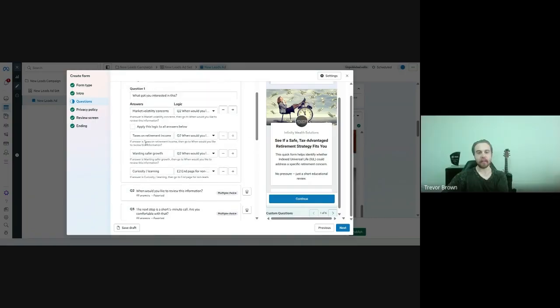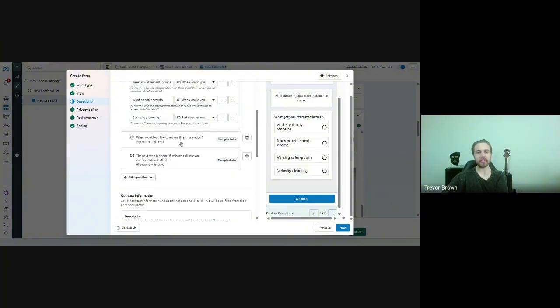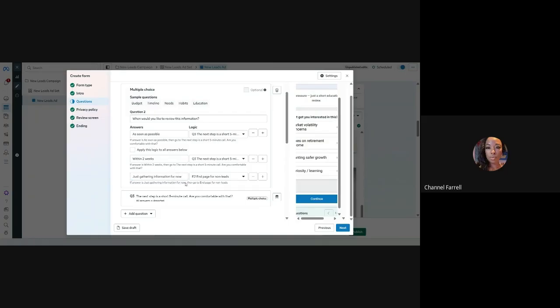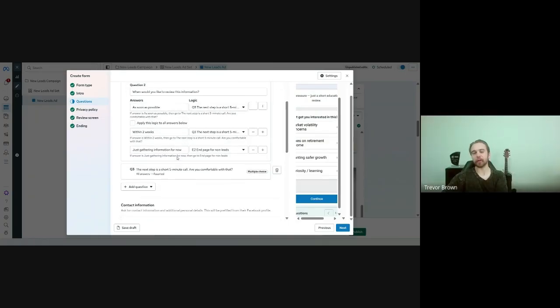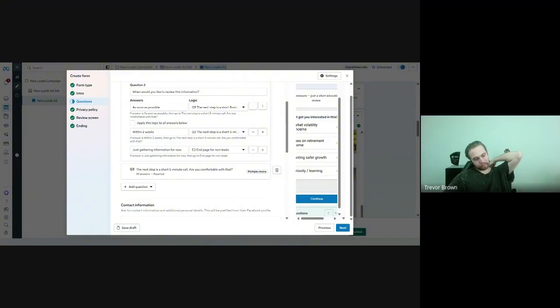And the other thing too, you have conditional logic on just a lot of stuff that doesn't make sense. And then, like, where would you like to review this information? Why the hell are you giving them the option to speak to you 2 weeks from now? I never saw this before. This is insane. Did someone else set this up for you? Yes, I've never seen any of this before. I know it was in my Facebook, but I've never seen any of this. I'm sorry, I was under the impression you made this. Okay, whatever. And then it's just like, oh, I'm just gathering information from now.